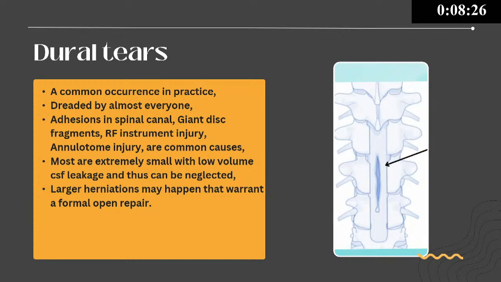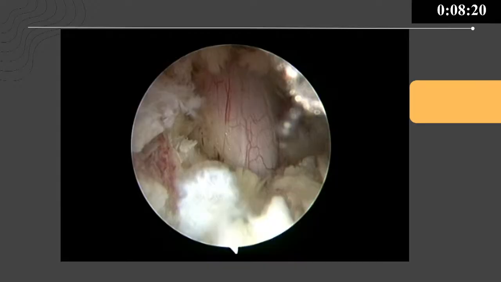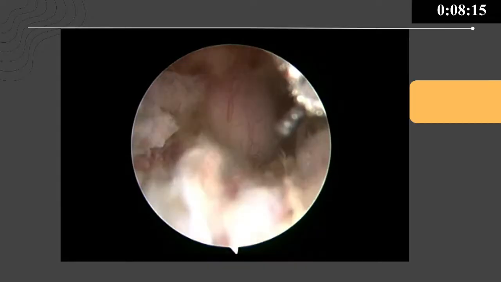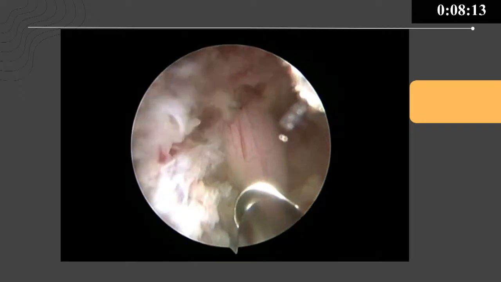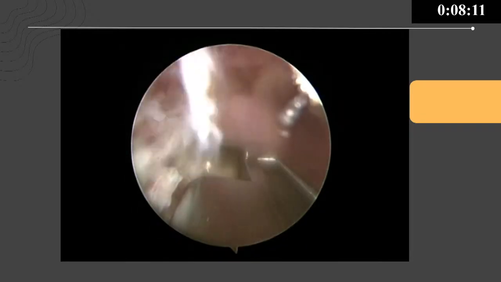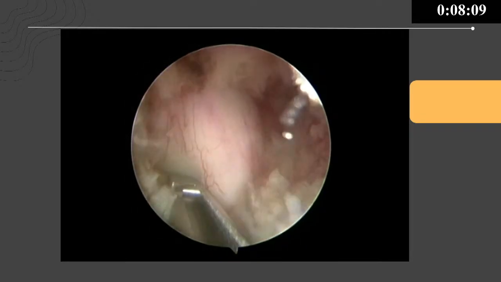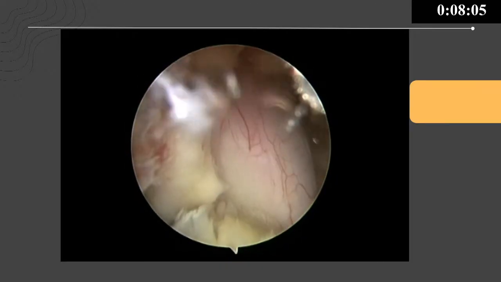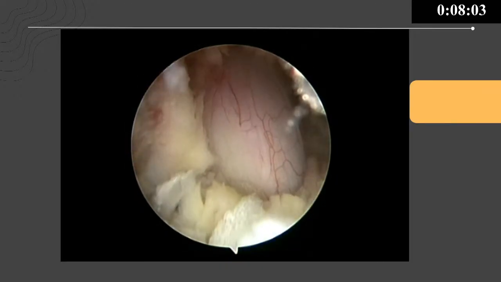CSF leakage, so far I have never experienced in my cases, nor has it been documented. However, yes, in bigger surgeries like fusion where the fasciotomies are larger, one of my friends did tell me about a CSF leak he experienced and had to convert to open to a formal repair later on. So this is a